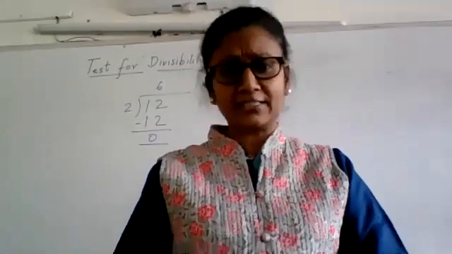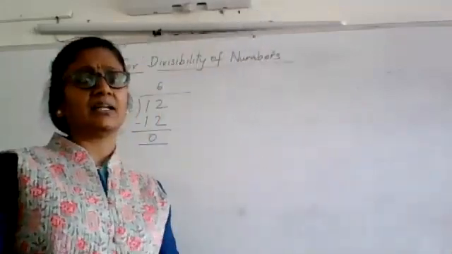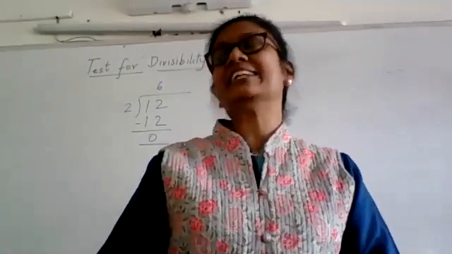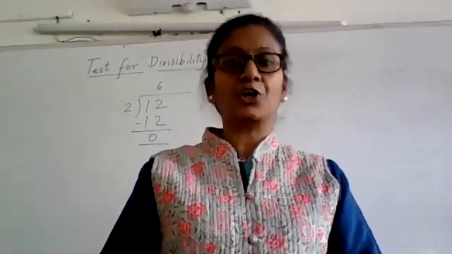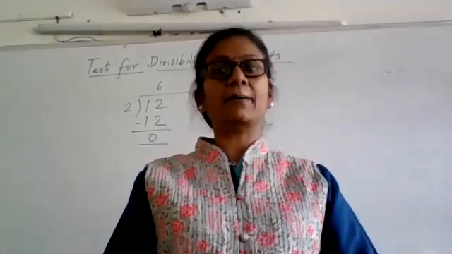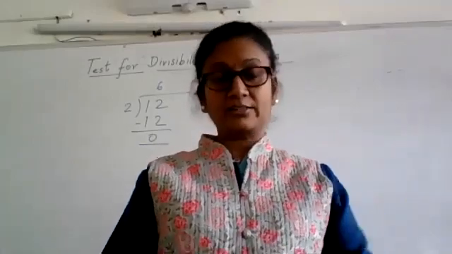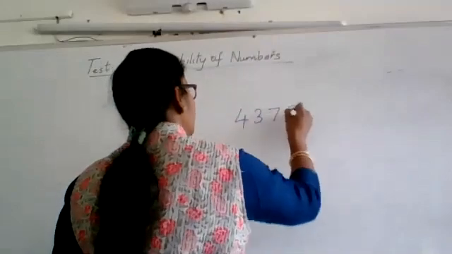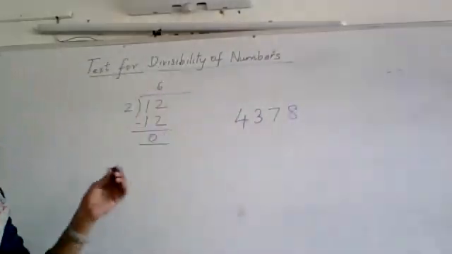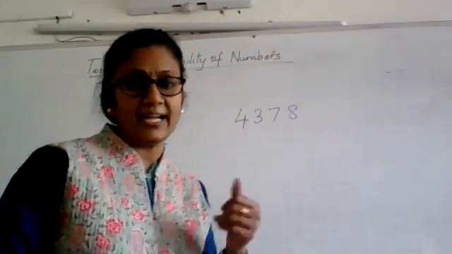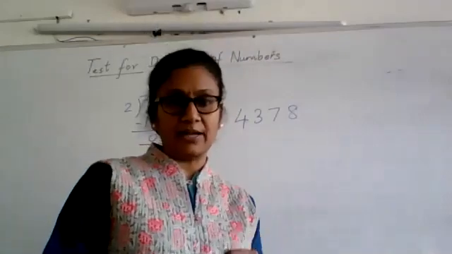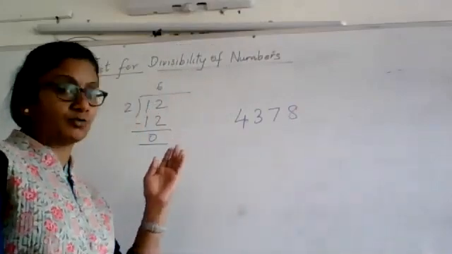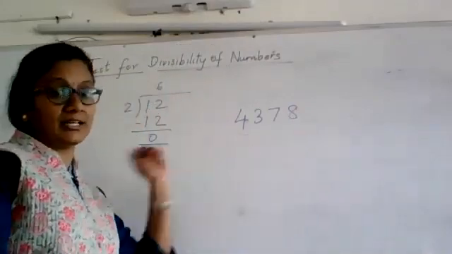But if I think of larger numbers, say any 3-digit number or a 4-digit number or a 5-digit number, then it is not very easy to tell or remember whether it is divisible by 2 or not. Well, suppose I talk about this number 4378. By just giving this number 4378, I ask you, is it divisible by 2? What will you do? You don't know the multiplication table of 2 where you will get 4378.